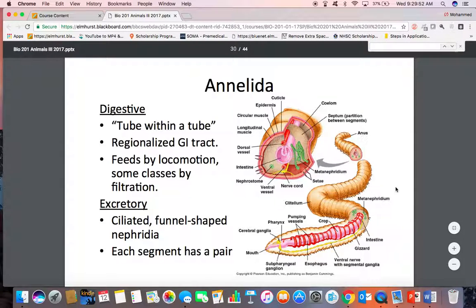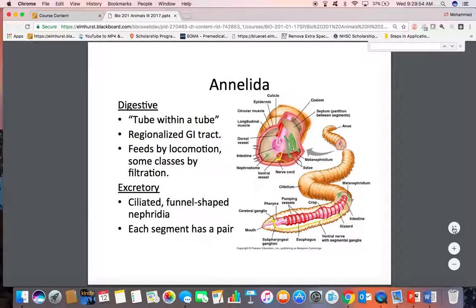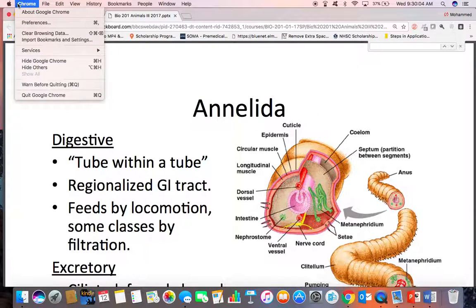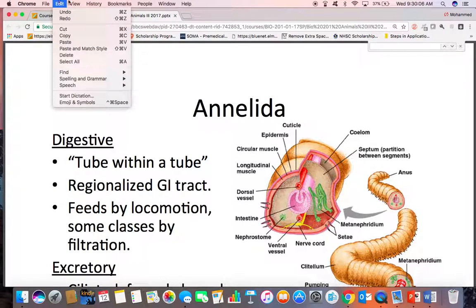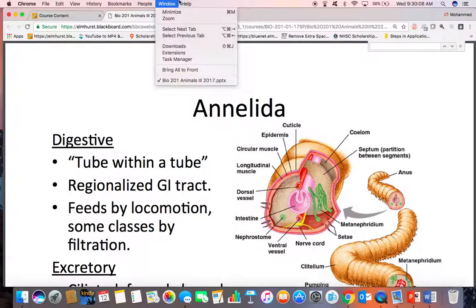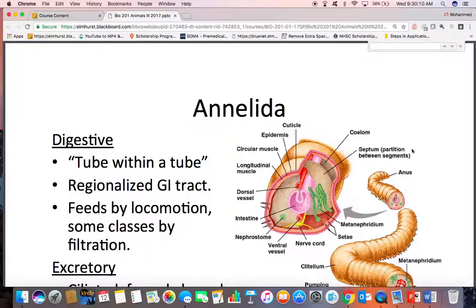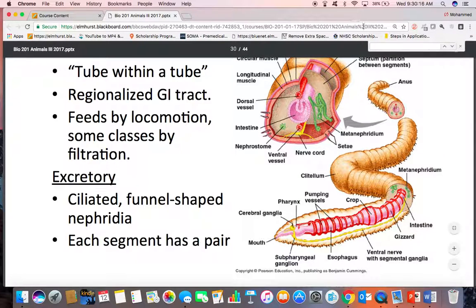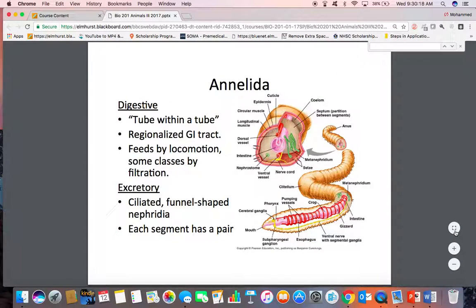Yeah. Wait, so it goes from... So think there's a septa, a hole on the septa, so the fluid from one coelomic space drains into that hole, but the metanephridia loops within the next coelomic space. So what's in this coelomic space is regulated, or what's going to be released is regulated through that tube, returning things that are useful back into the coelomic space of the next segment before it drains out of a hole